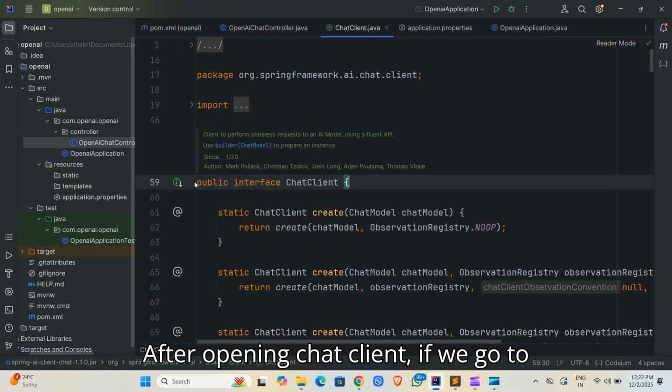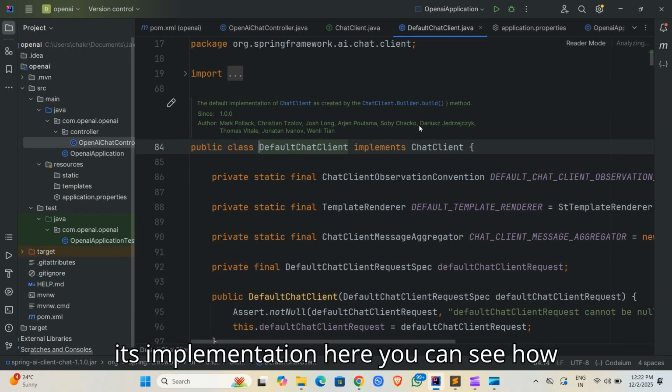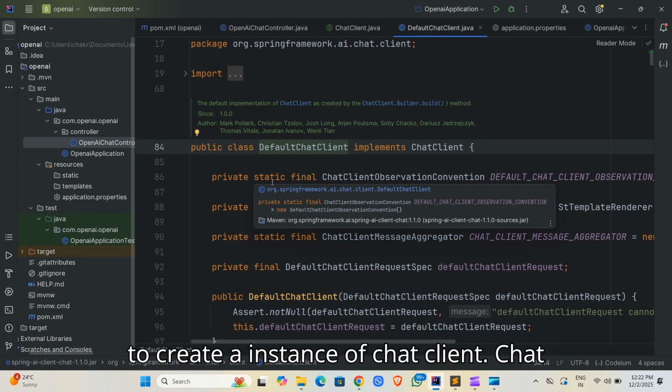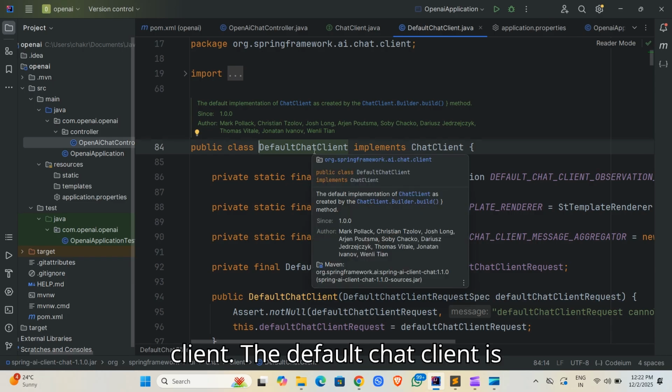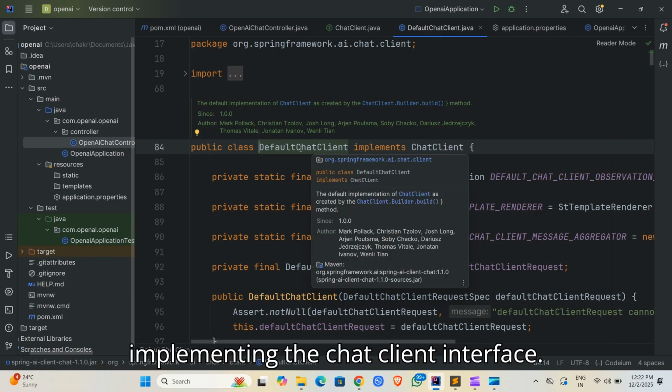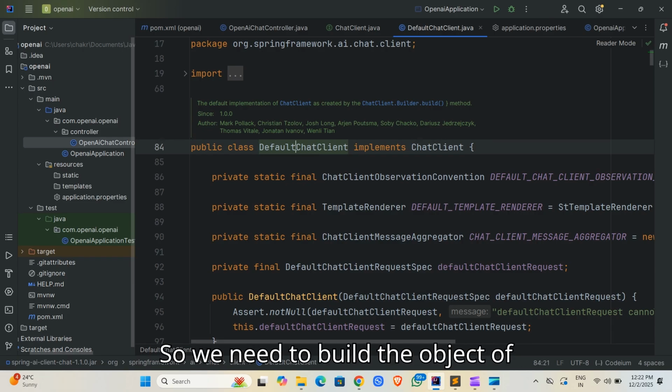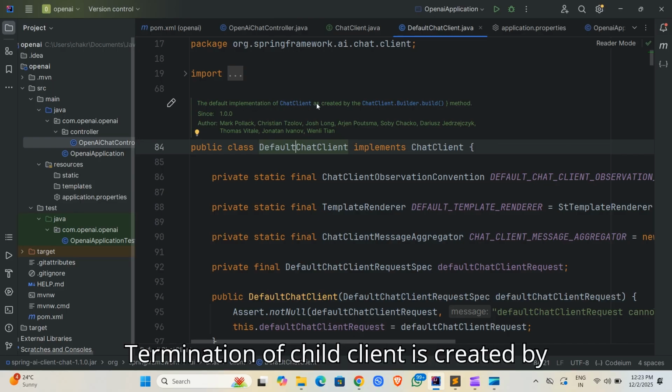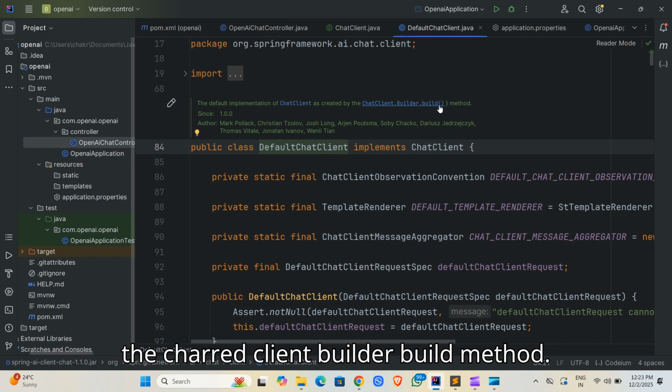After opening ChatClient, if we go to its implementation, here you can see how to create an instance of ChatClient. The DefaultChatClient is implementing the ChatClient interface. So we need to build the object of this default chat client. In the Javadoc, it is saying the default implementation of ChatClient is created by the ChatClient.Builder.build method.